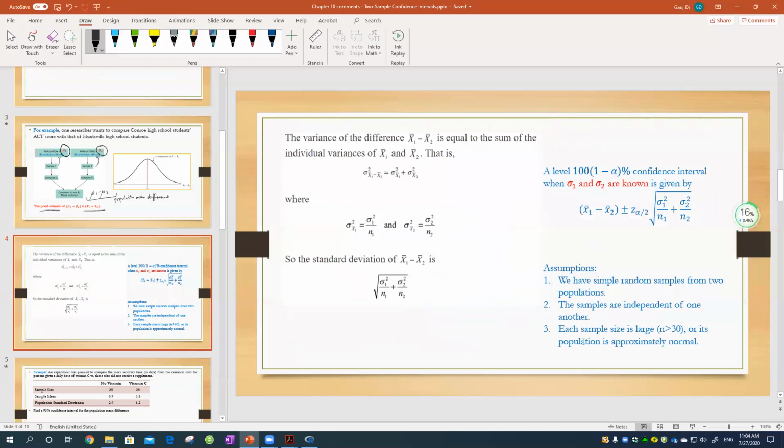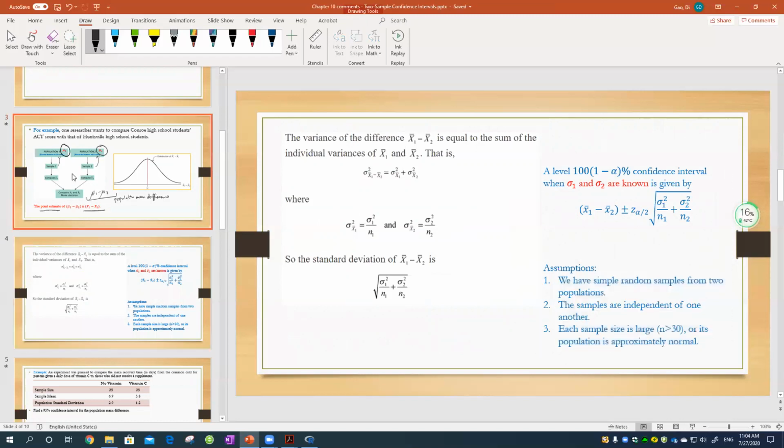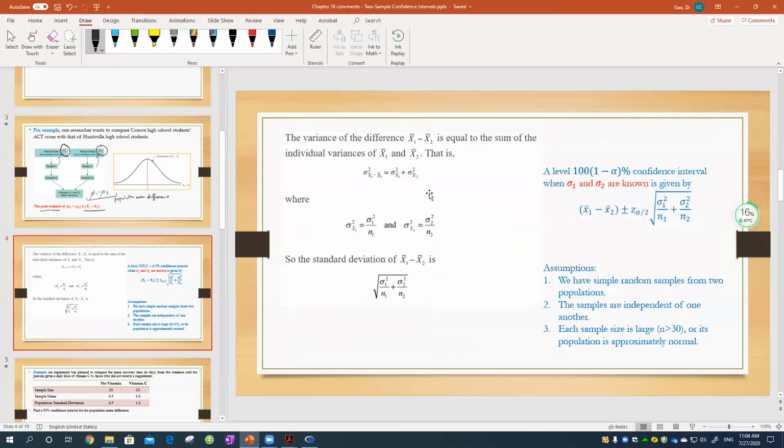The assumptions to make sure x1 bar minus x2 bar follows a normal distribution will be like this. Simple random samples independent of each other, and then we have approximately normal distribution, or each sample size is larger than 30 for the original two populations, population 1 and population 2. Then